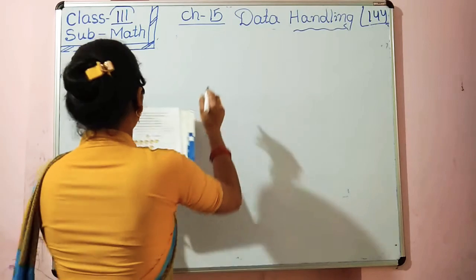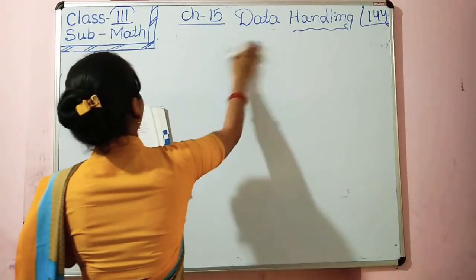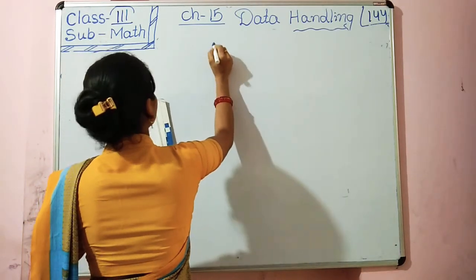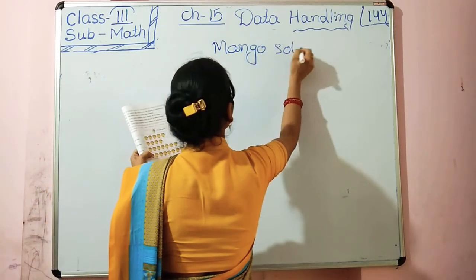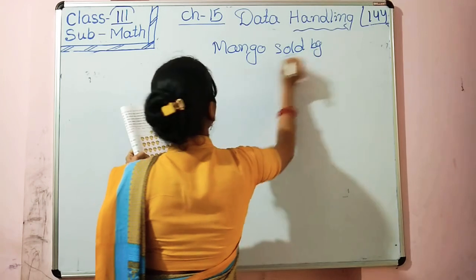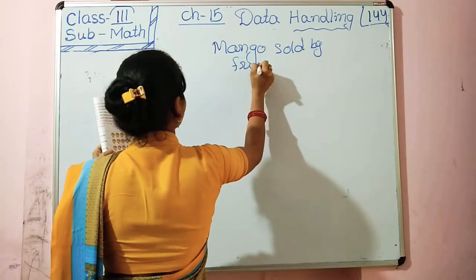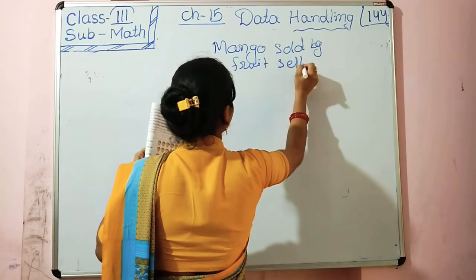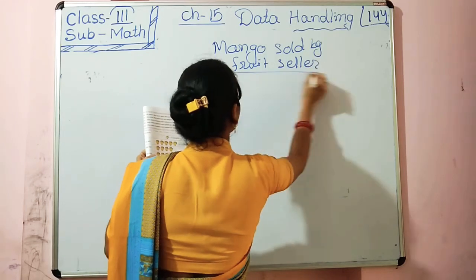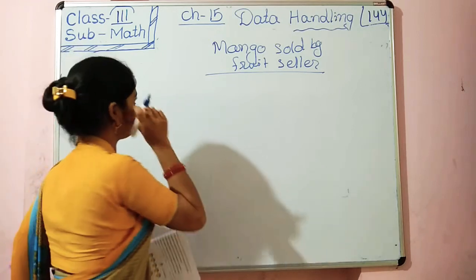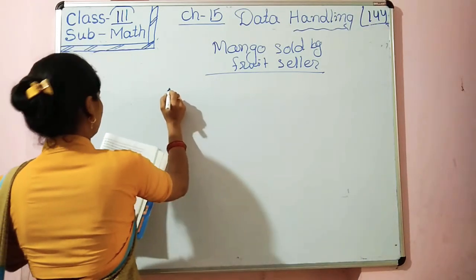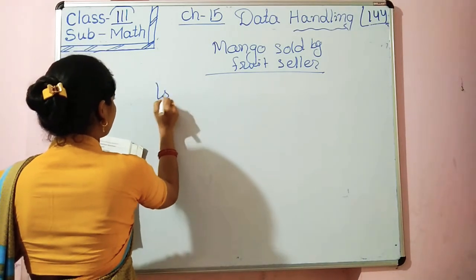देखो here our title is mangoes sold by the fruit seller. It is our title. Here देखो each mango represents 5 mangoes और देखो here first day